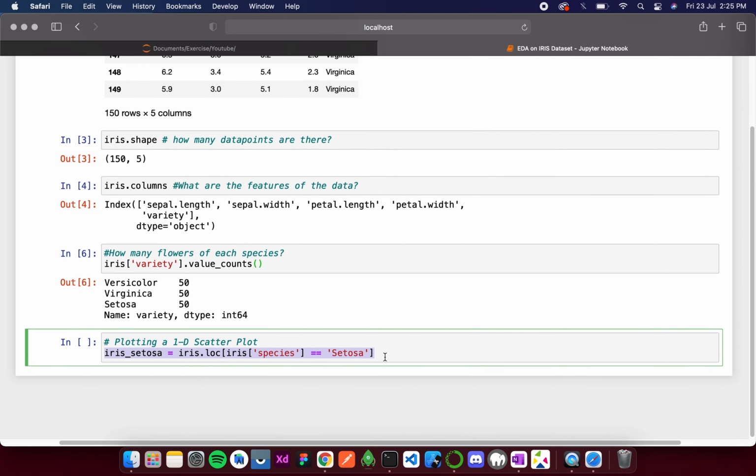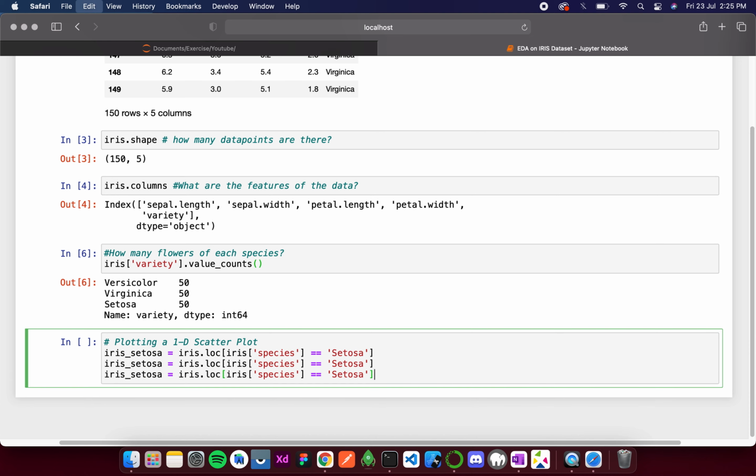Now similarly we need to do it for iris virginica and versicolor. So over here the species needs to be virginica, and then we have versicolor, where the species needs to be versicolor. So now that we have got data frames of all the three species, let's plot the graph.